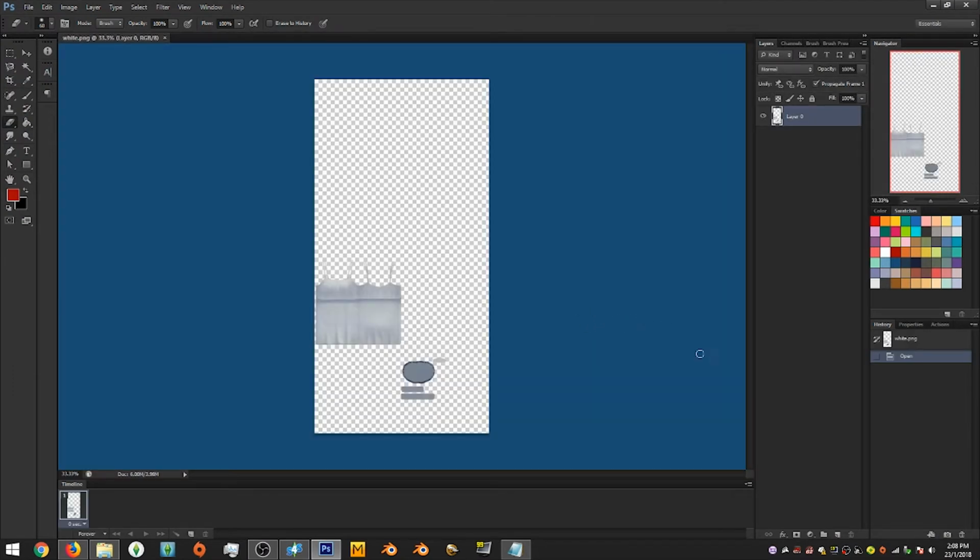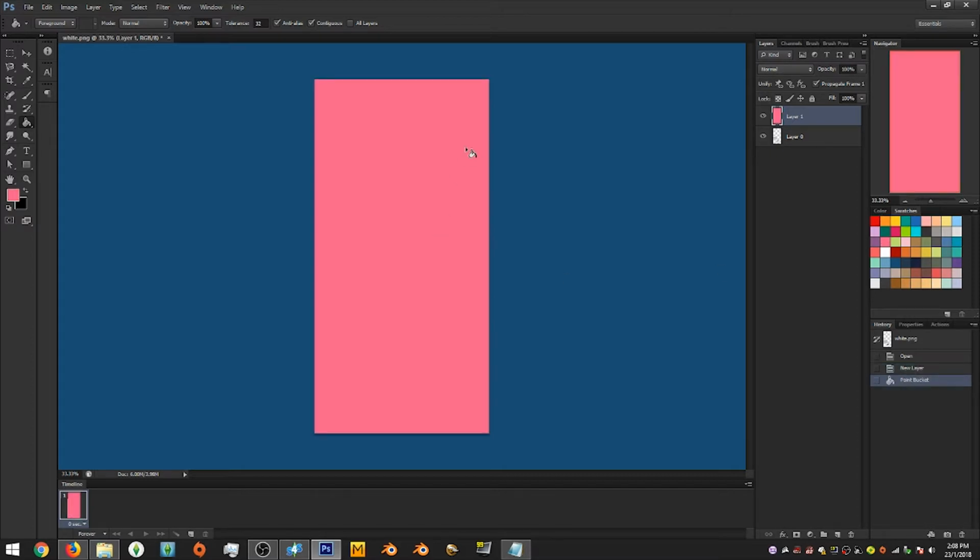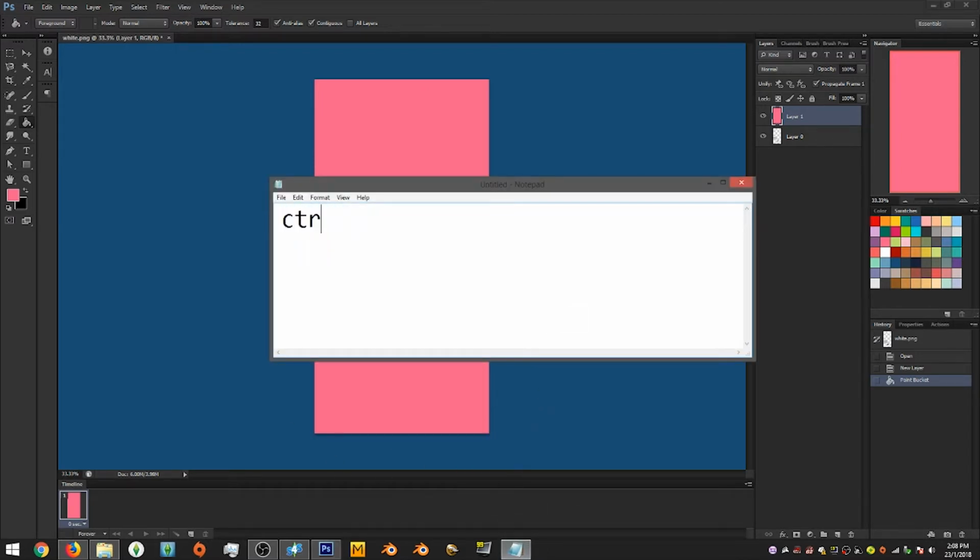Okay, so what you're gonna do is create a new layer, which is this, as you can see on my cursor over here pointing at this new paper icon. Click on it and now you have a new layer. Okay, so now I'm gonna use my paint bucket tool, selecting the color I want and then click on the canvas. So as you can see, everything is pink, but if you press